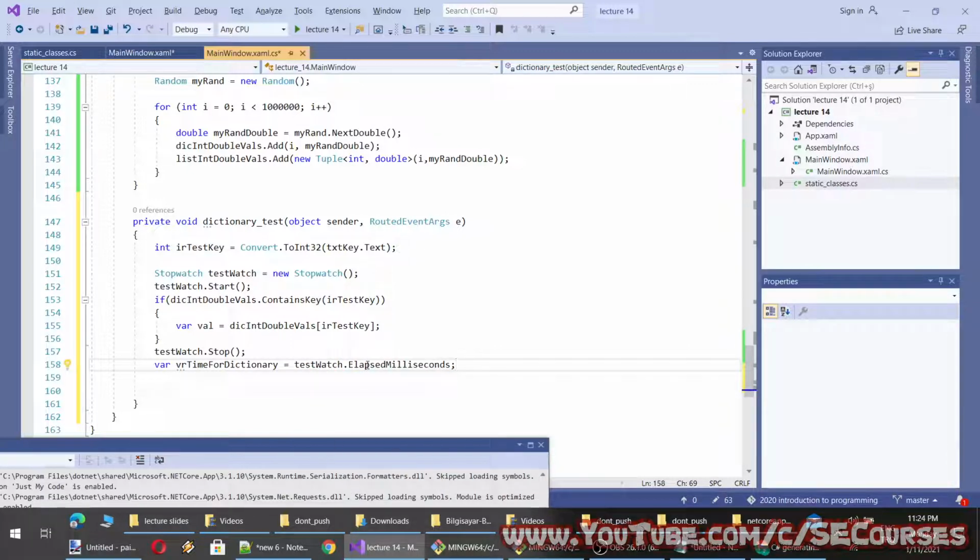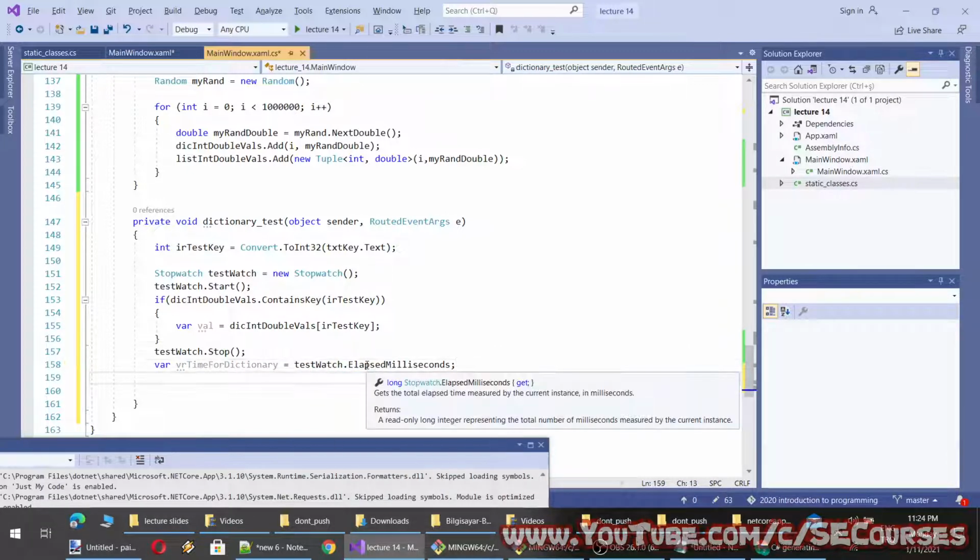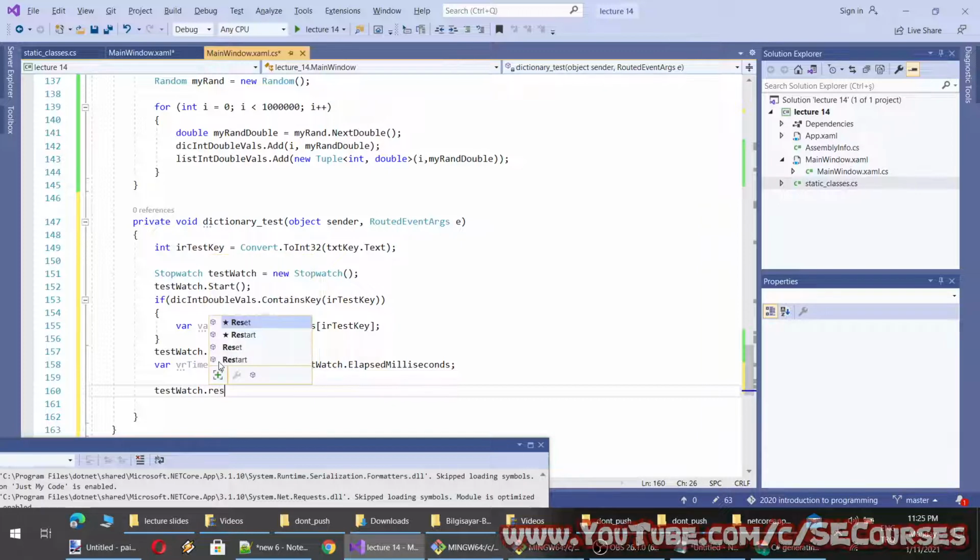Okay, so this is, I guess, long. Yes, this is long type, so it is int 64. Then I will reset. You have to reset the stopwatch, otherwise it will continue from wherever it was left.